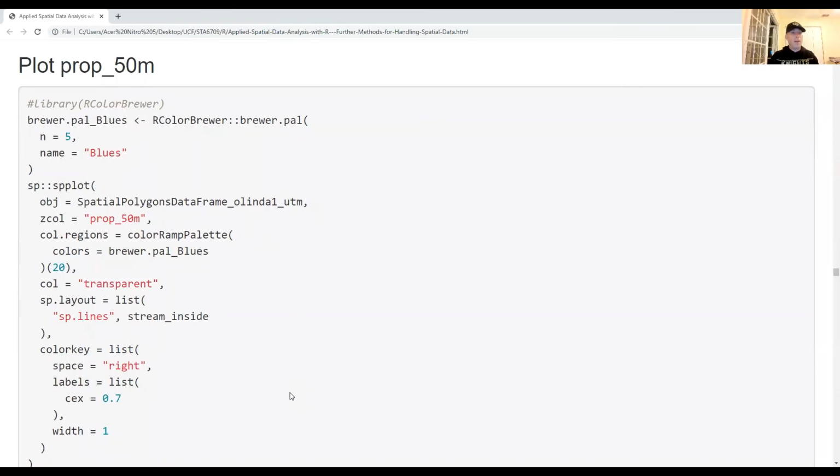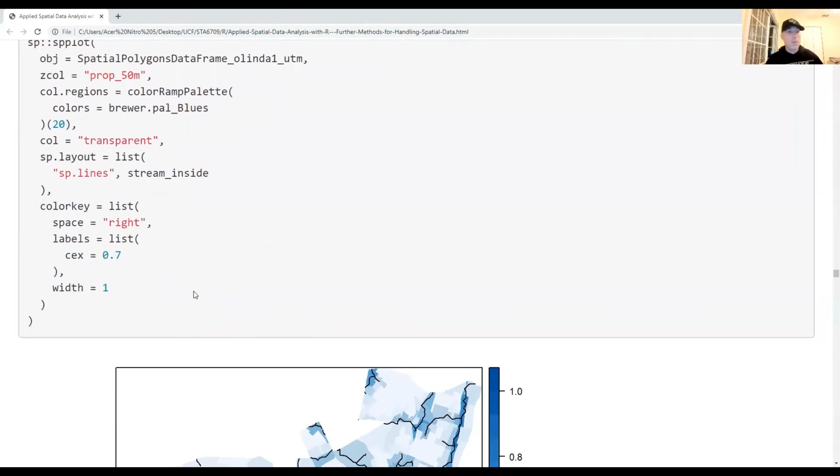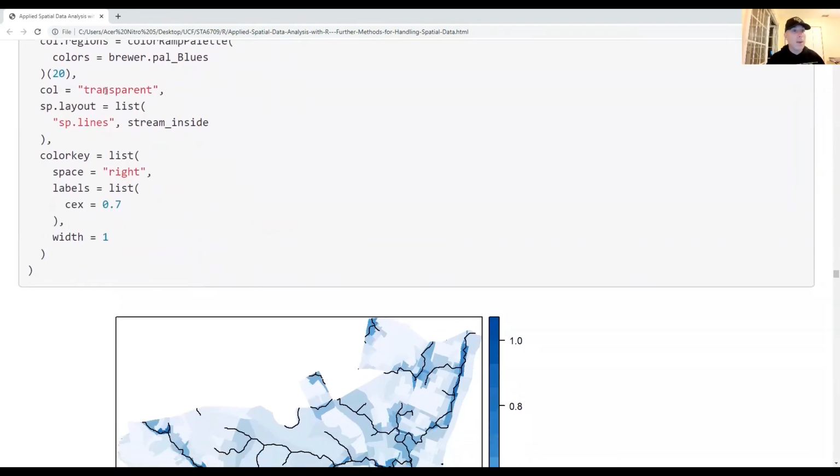All right, now let's plot another variable that we created. This time we're going to use the Brewer palette function to get blues, and we're going to get 5 of them. I'm taking my spatial polygons data frame, and here is the variable from the data frame that I want. This color palette actually returns a function, a function for returning colors. I want 20 different colors, and we're going to add transparency to the background. And then our layout is going to be a list. So this is a specialized